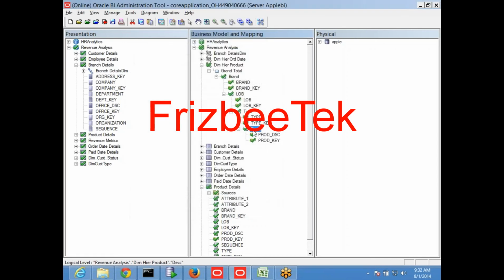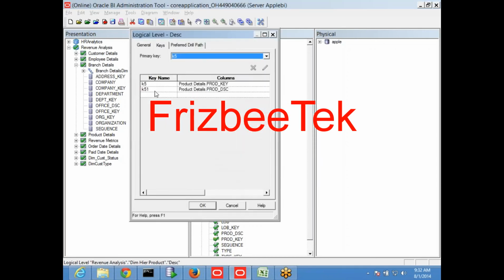In every level, literally we have two keys. Always it will take the first one as the key. For this key, if you already selected use for display, you are done there itself. But this is the key actually, and the second key is not going to be used for the next level; for the second one you have use for display. So one is the key, and one is the use for display.